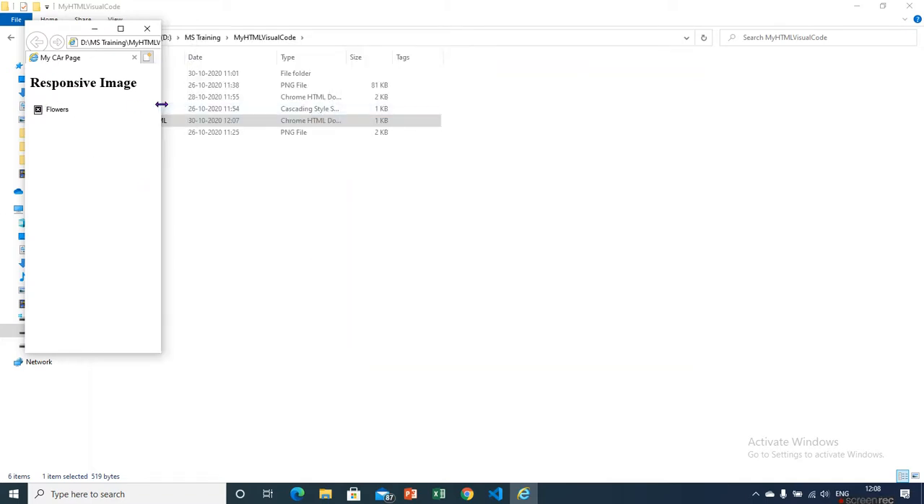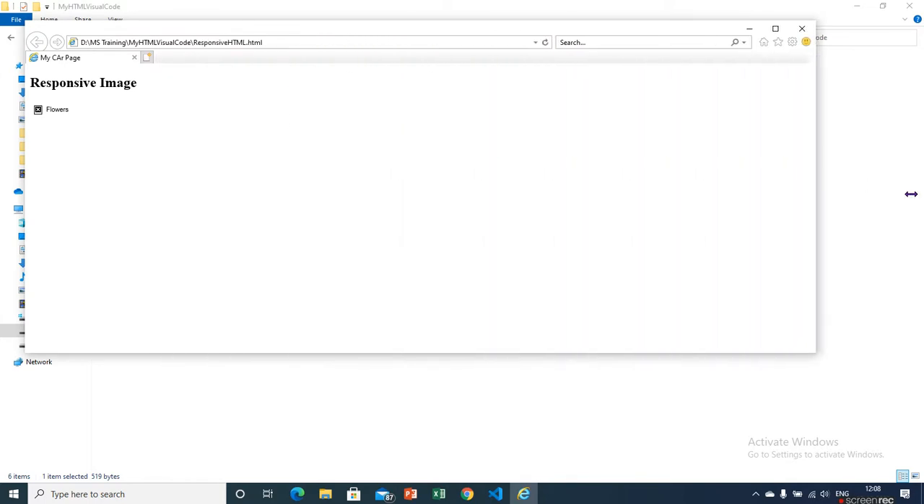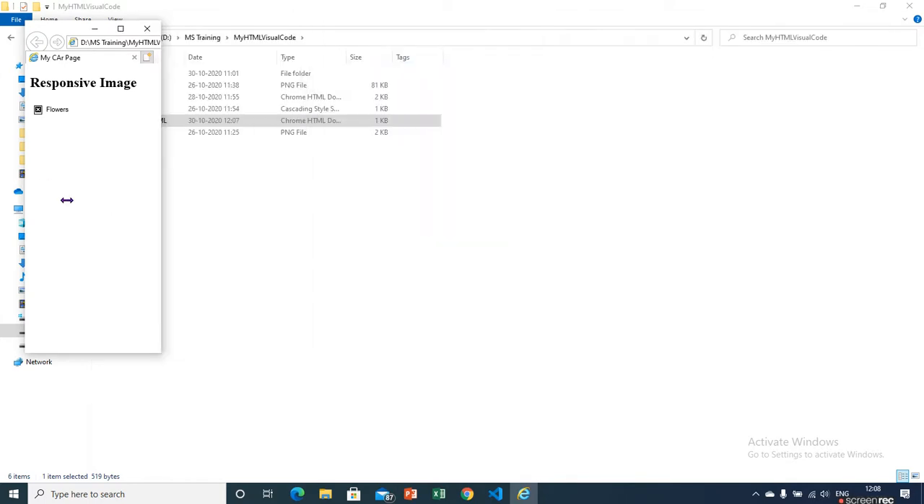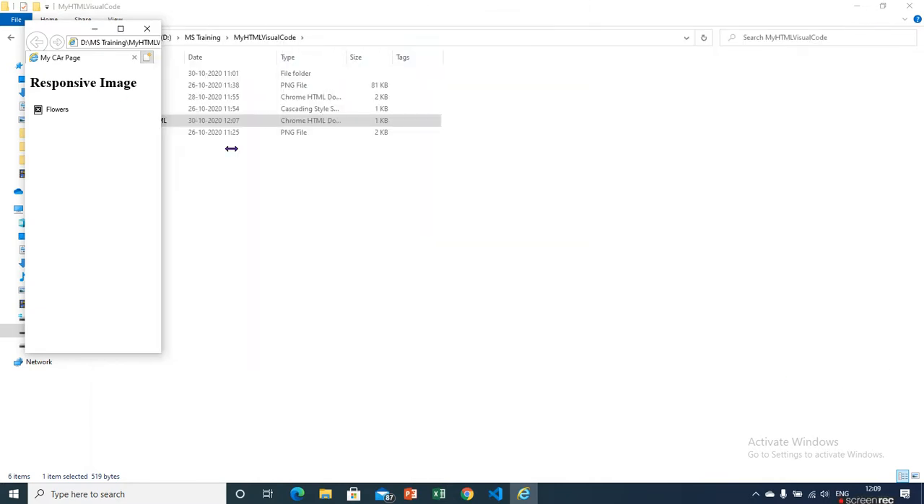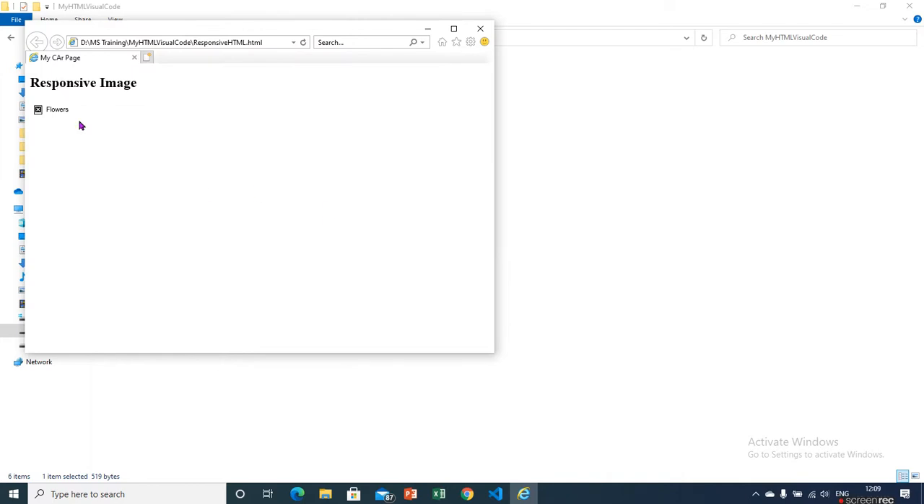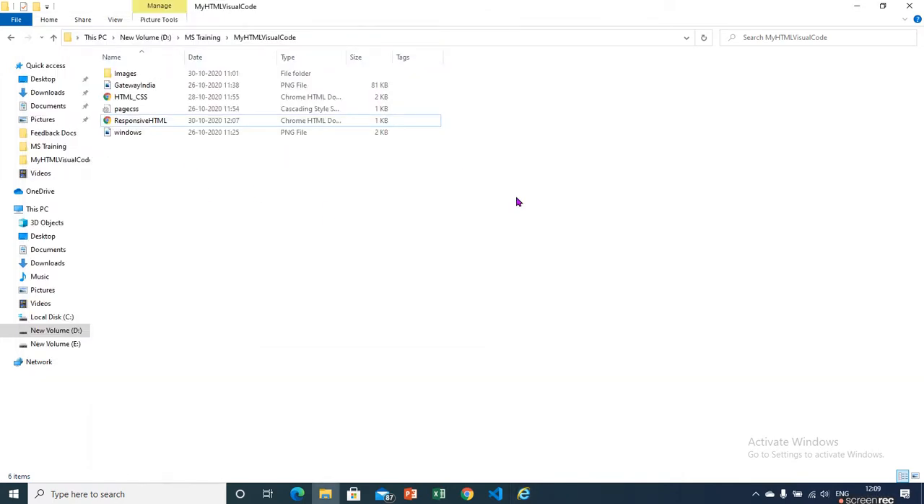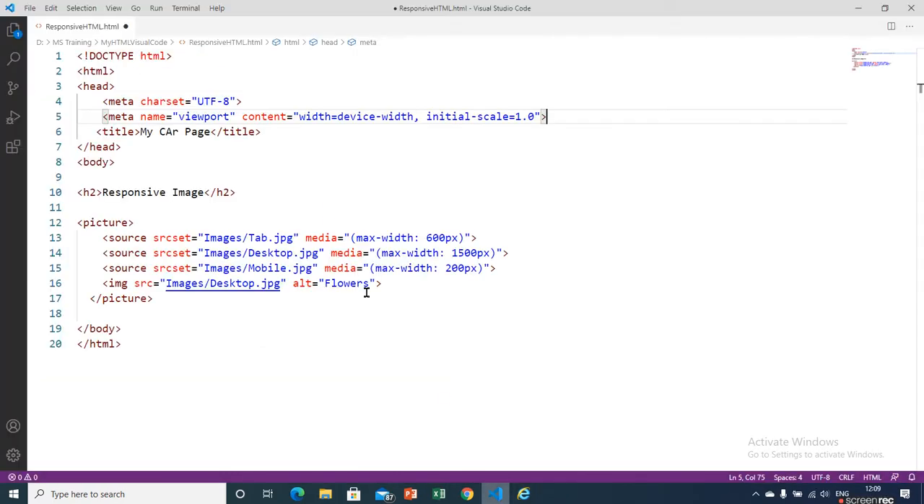So this is an assignment for you. You need to check why it's not working in the IE browser. In your case also, you need to check why the image is not popping up here in the IE browser. Okay, so it's your task to check that. So this is all about responsive design, how we can implement the responsive